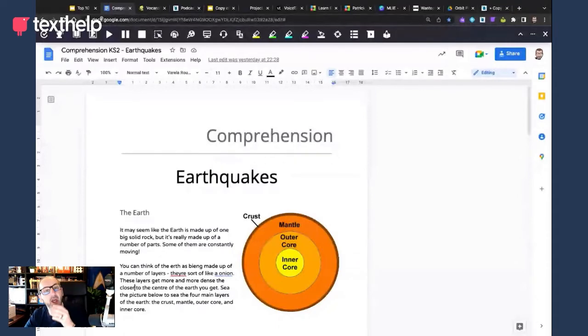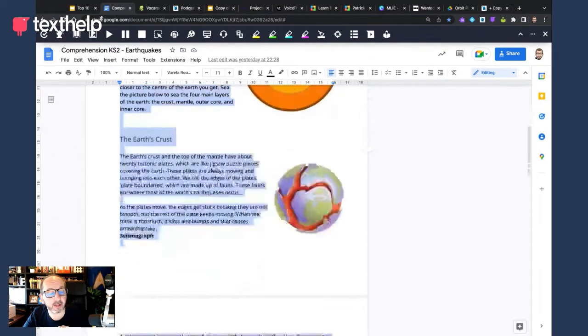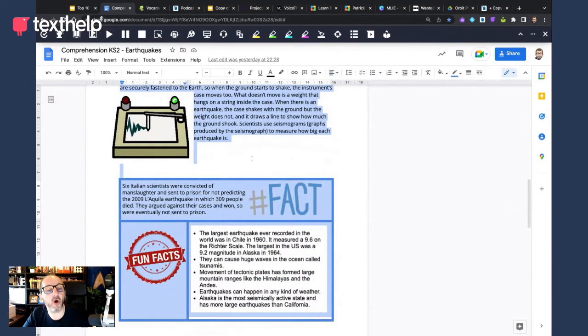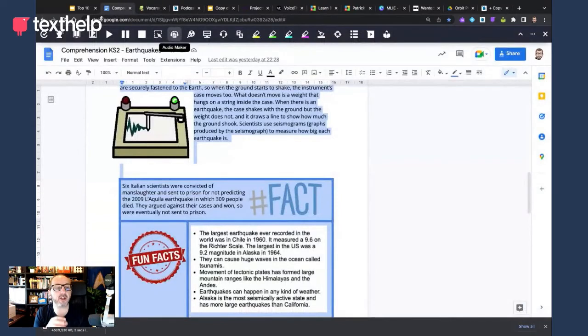Really important. But the other thing that many of these tools can do is also repurpose the content from an audio perspective. Now, what I mean by that? Well, that text to speech, if I want to take this entire piece, I can select all in the vast majority of these tools, and I can take what I call an audio maker here on the screen, but I can also turn that into an MP3 maker. And what does that do? By simply pressing that button, it takes all of the written text that's on the page, and it turns it into, you'll see just down the bottom of your screen here, an MP3